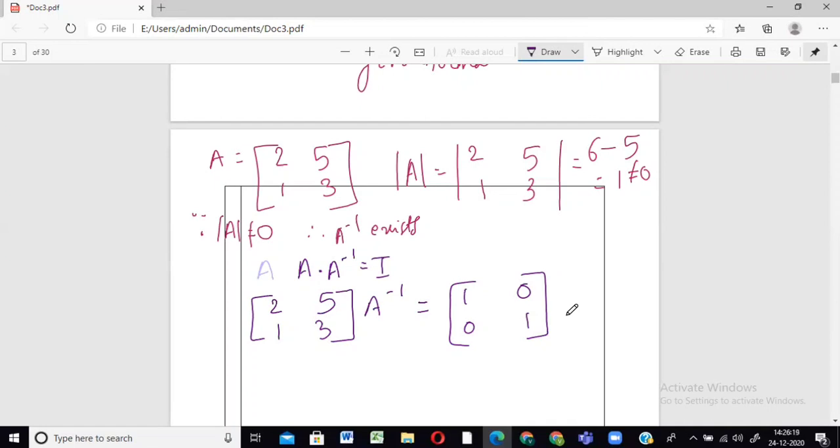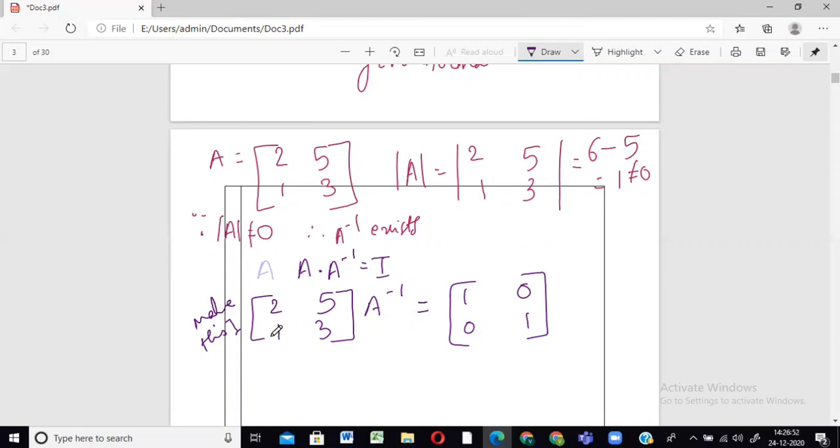Most of the times, what is the procedure of doing this? क्या करना है basically? तुमको ये वाला जो है ना 2153 जो original matrix A, this you will make this identity using suitable transformation. Why are you making this identity? Because if I make this identity, that is 1001, ऐसे मैंने कर दिया, so then the same operations whatever I perform in this matrix will be performed on this matrix as well. Then you will get the inverse of A over here. So that will be your final answer.